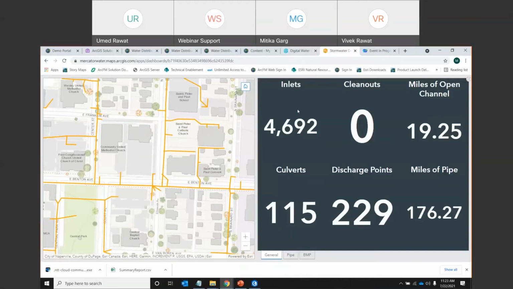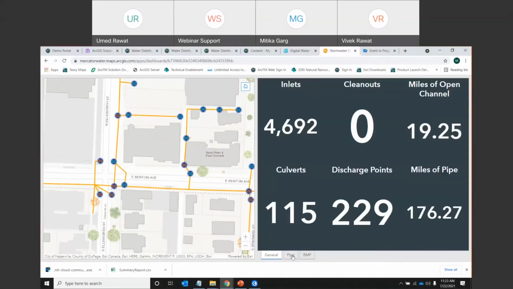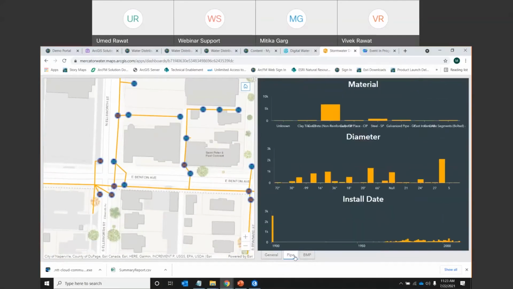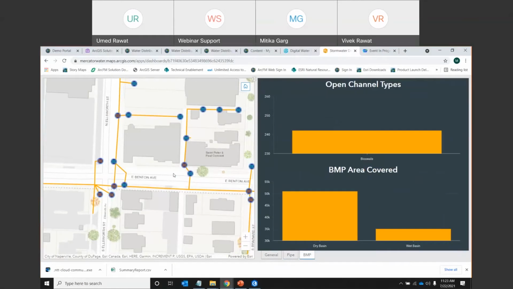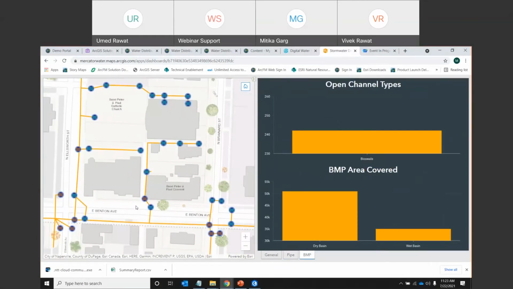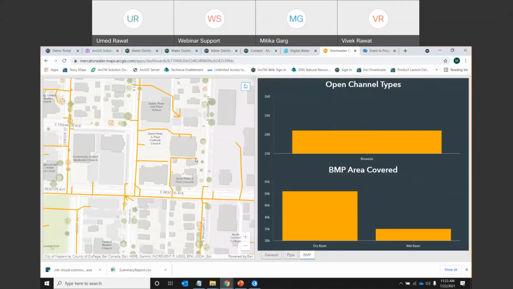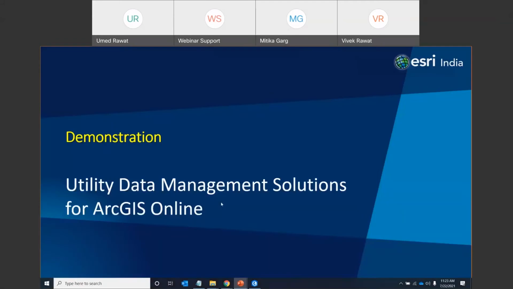And the other part is these are all configurable solutions. So you can extend these solutions with more functionality, or maybe a logo you would like to change, that is possible. And then you can see what kind of material is there. And these are some simple dashboards which you can get access to. So ArcGIS Online based solutions are very easy to deploy and very easy to keep. So these are available on a SaaS based platform. Now let me switch back again to my presentation.